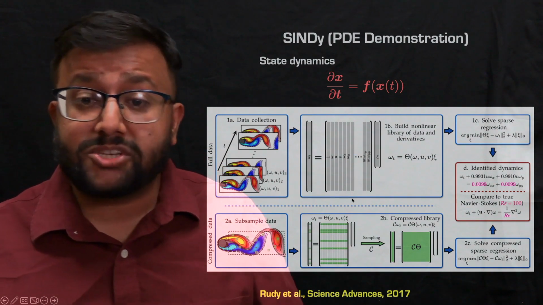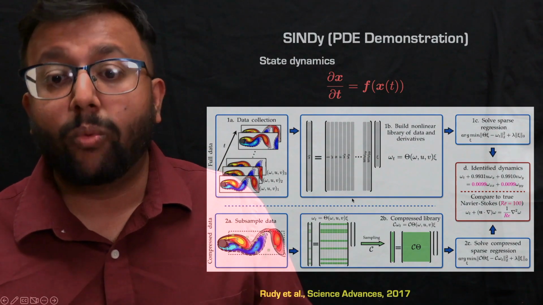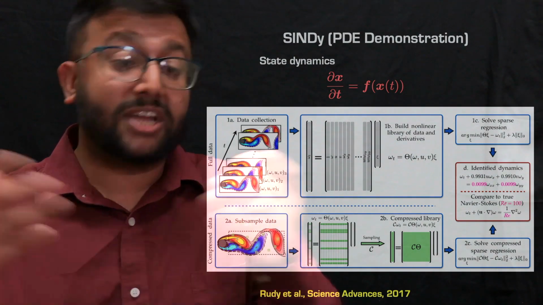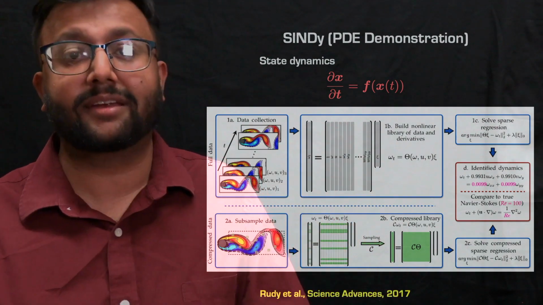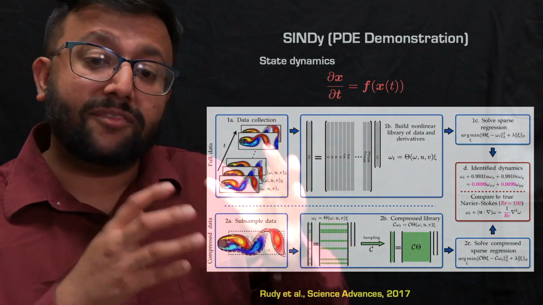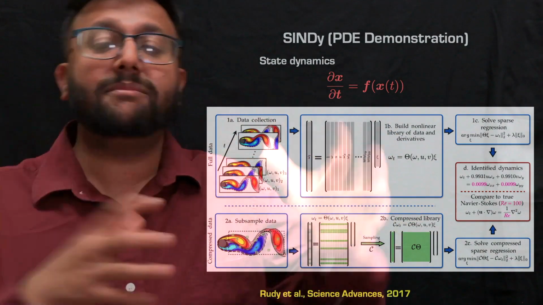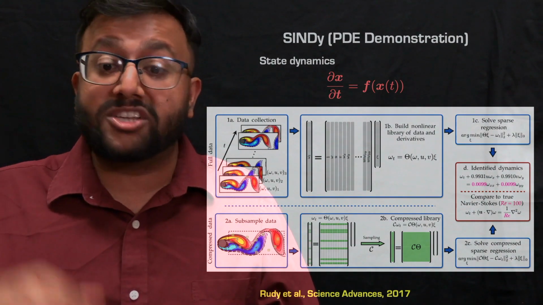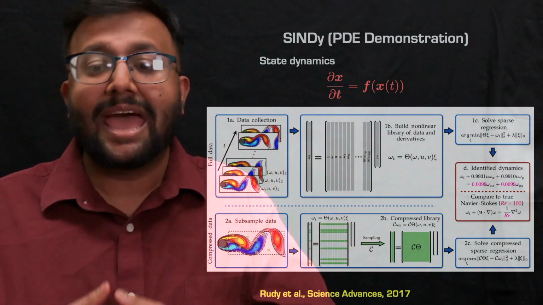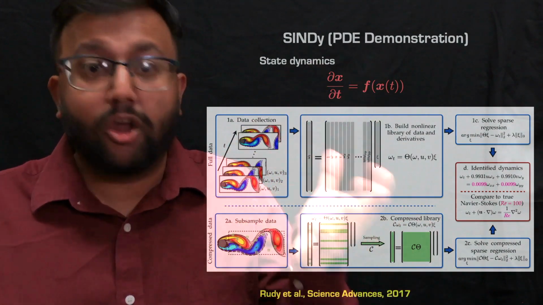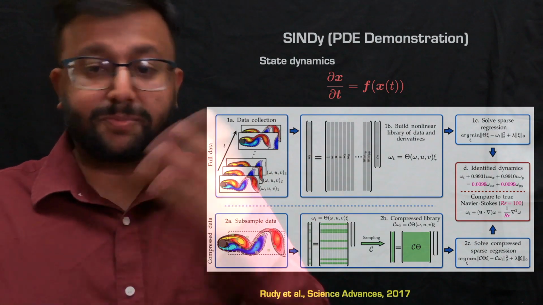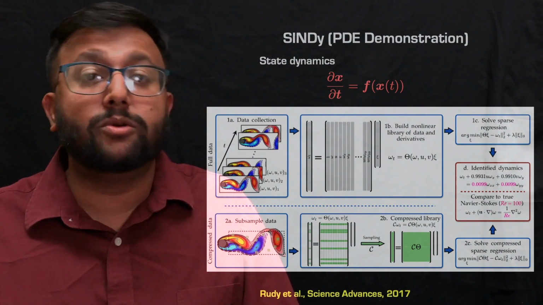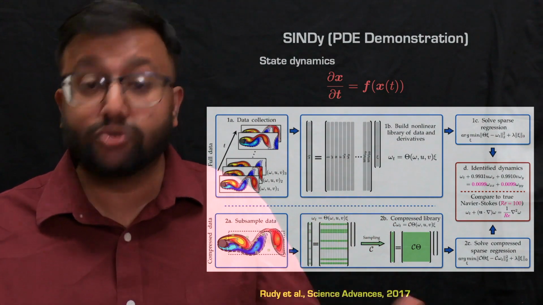Next, this approach was demonstrated for PDEs as well, where snapshot data from the fluid flow was collected. In this case, the vorticity field of a flow past a cylinder was collected. Then time derivatives of this vorticity field, either from numerical simulations or the time history of the data, were computed. The library terms used in this case were spatial derivatives of vorticity and velocity and polynomial multiplications, or multiplications of these spatial derivatives. And then sparse regression was performed again to appropriately compute the coefficients associated with the true system dynamics.